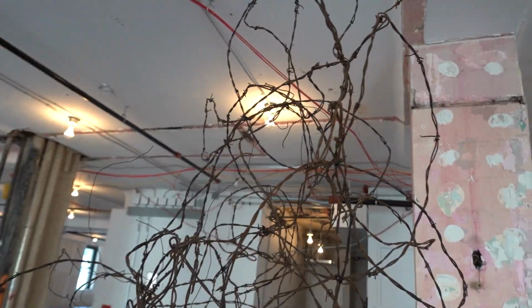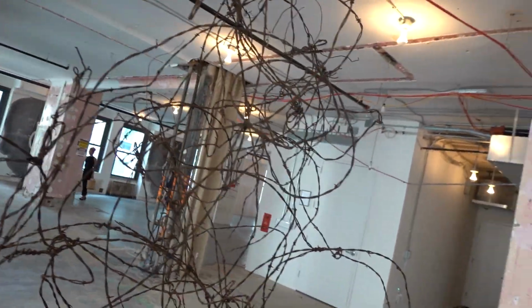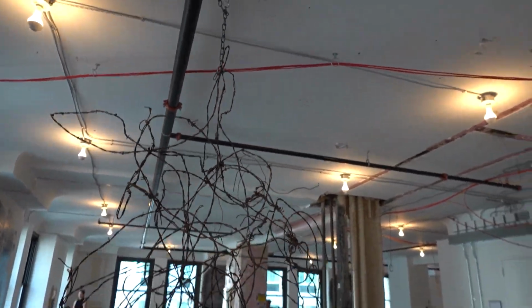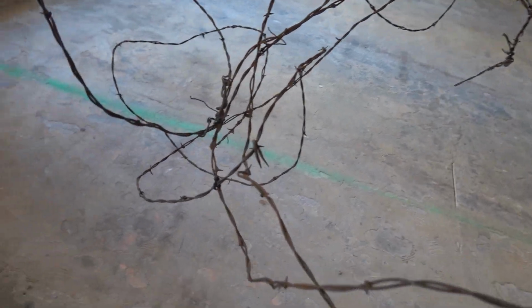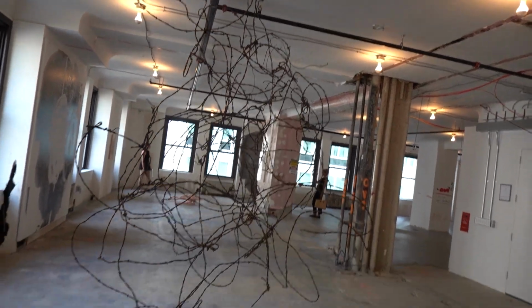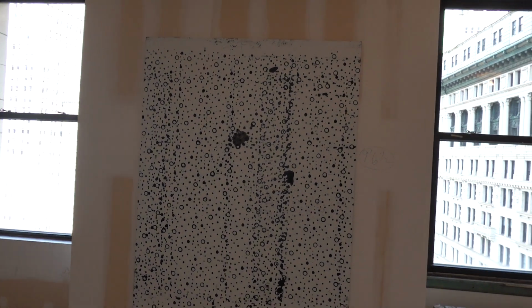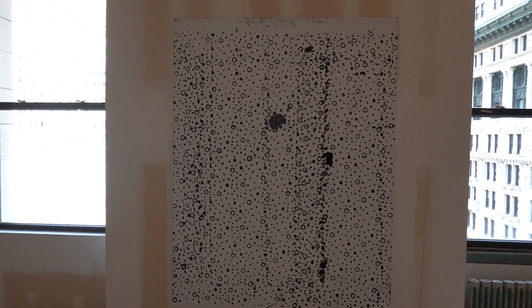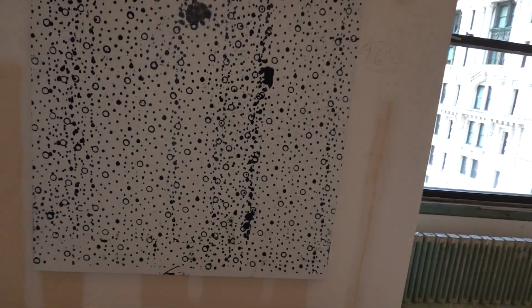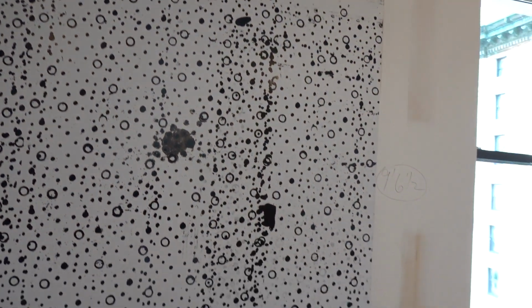Well, I can't find the title of this, but this actually looks like barbed wire, although I'm probably had it handmade somewhere in China and then fabricated somewhere else. And I would say that's probably about 6 by 5 feet. It's hanging from the ceiling. It's titled Not So Loose Booty. This is 1995, enamel on aluminum. 76 by 60. It's about 6.5 by 5. Anyway,